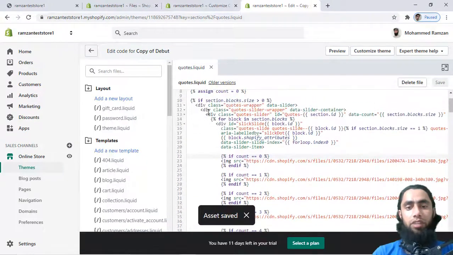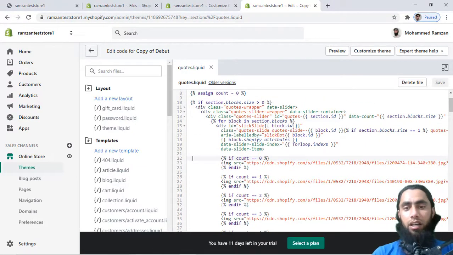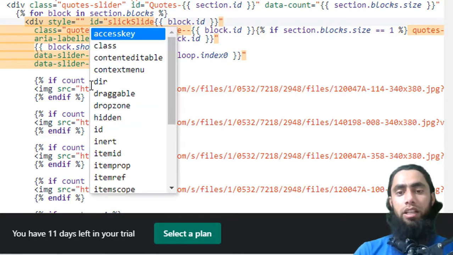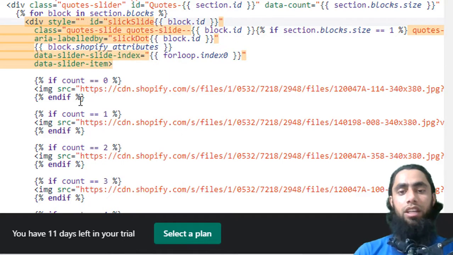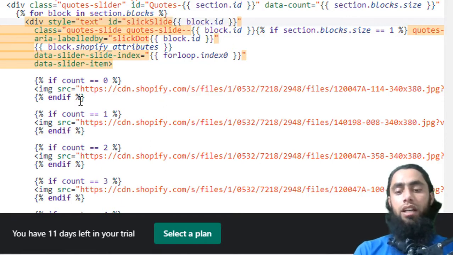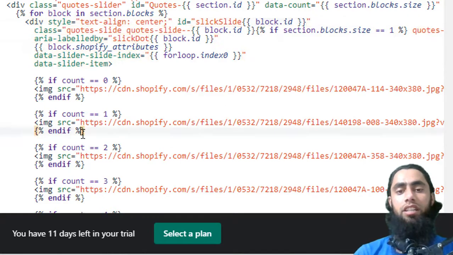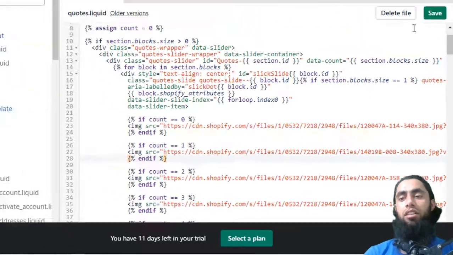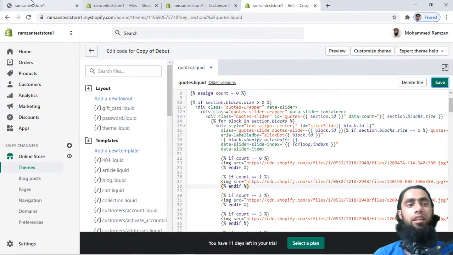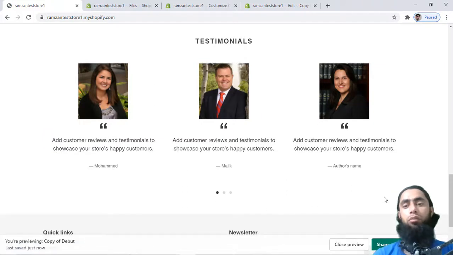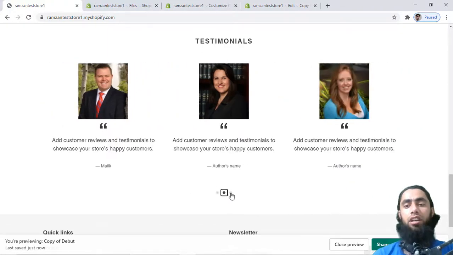So how we will be doing that is we have this specific class here. So we are interested to write here style equals to double quotes, and inside of this style we are going to write text-align center. All right, so this is the syntax. I mean, we are going to text-align center the images. So click on save, and then you have to refresh this page, and now you will find out that everything is beautiful. So now you can see that we have successfully implemented the slider, and you can also slide it,